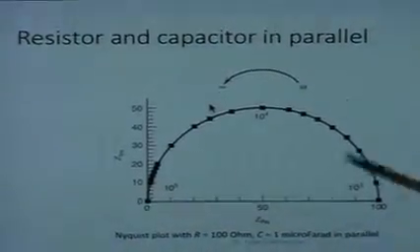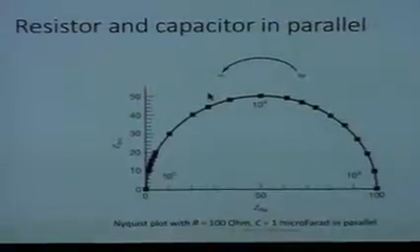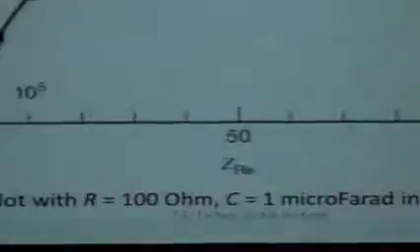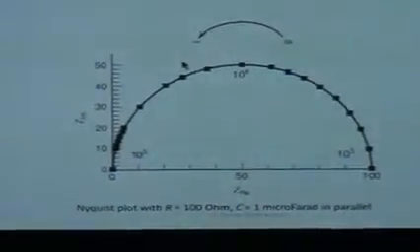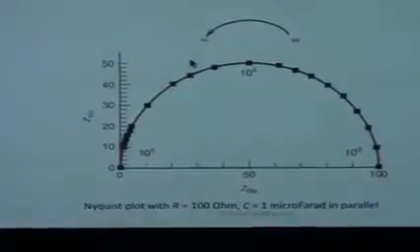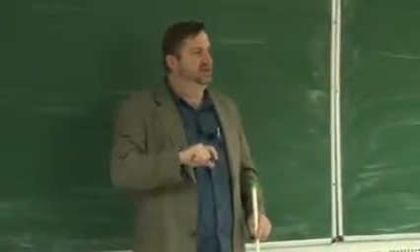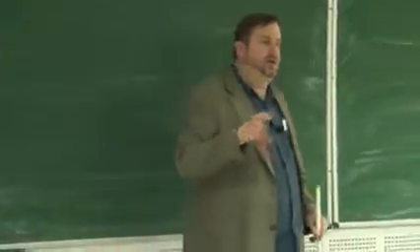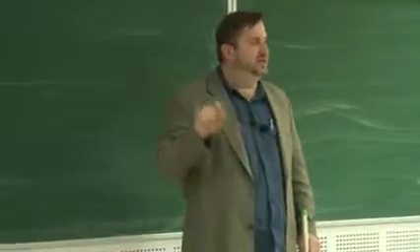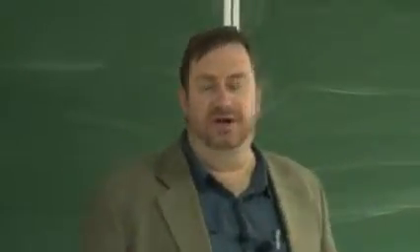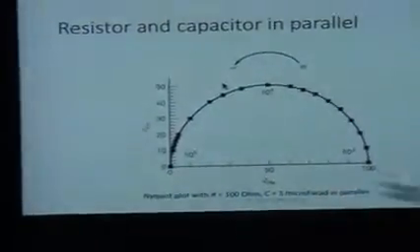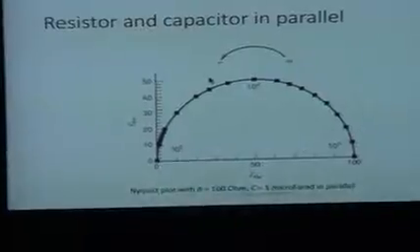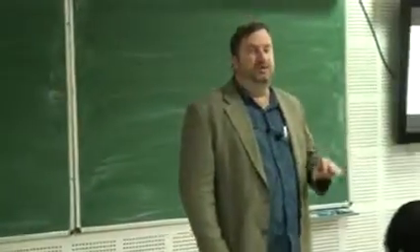As you go to very low frequencies, though, again, these are the same circuit elements that we had before, only now they're in parallel. As you go to very low frequencies, you would hope that the circuit would look like a 100 ohm resistor, right? That capacitor is not going to charge very much because of the rate of change of V, remember dV/dt. That dV/dt is going to dictate what your current is in the capacitor, and if dV/dt is really small, then the capacitor is not really going to be doing very much. So as I go to very low frequencies, I would expect to see really just a resistor. And indeed, that's what we have here. We have a 100 ohm resistor. Now, in a lot of interesting electrochemical systems, you will see a feature